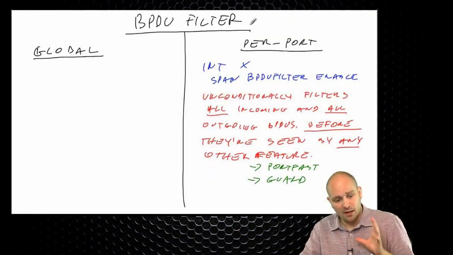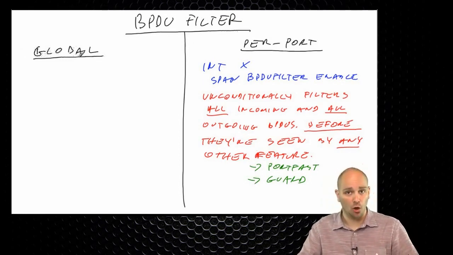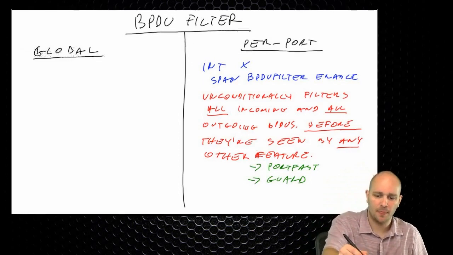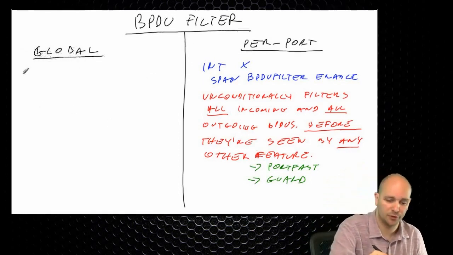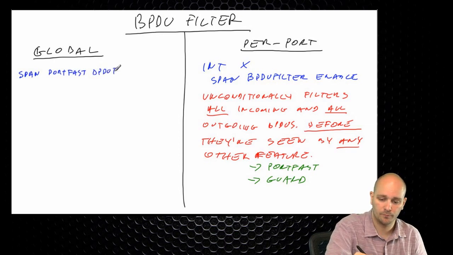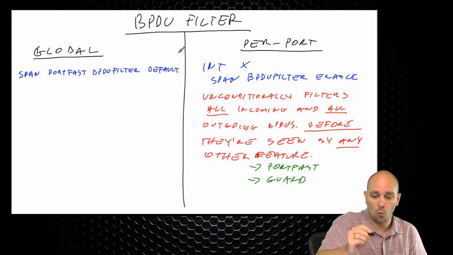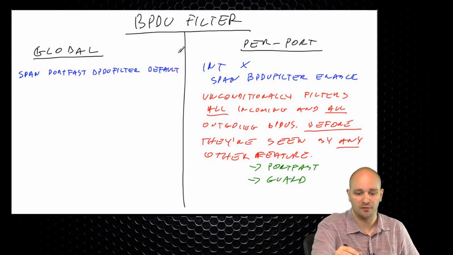Now, let's take a look at what BPDU filter does when it's configured globally. So the command line for configuring the global BPDU filter is spanning-tree portfast bpdufilter default. Oh, I'm sorry, not enable, default. Apologies about that. Now, when you configure this globally,